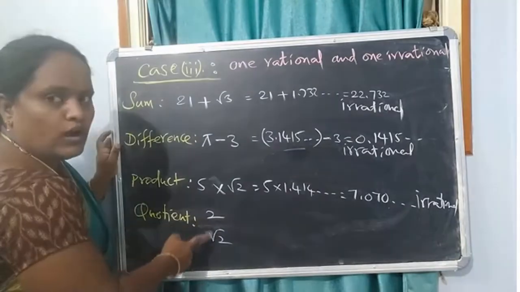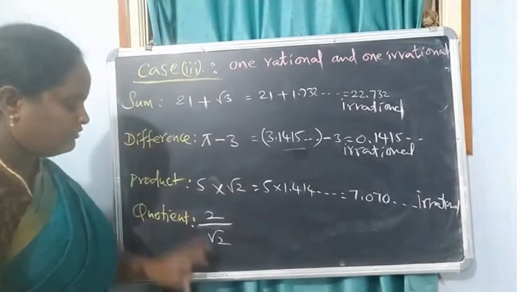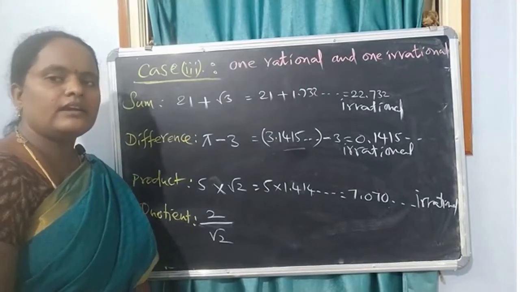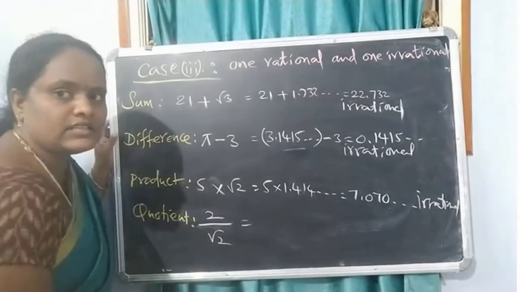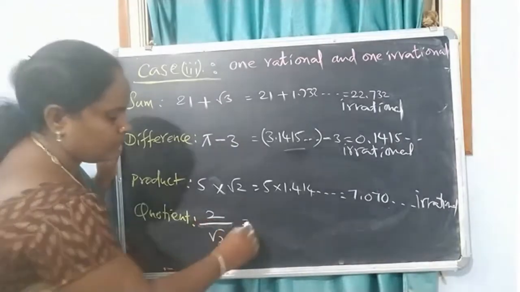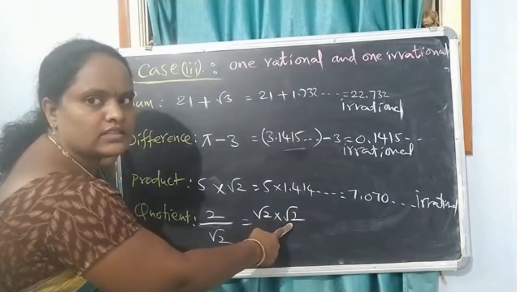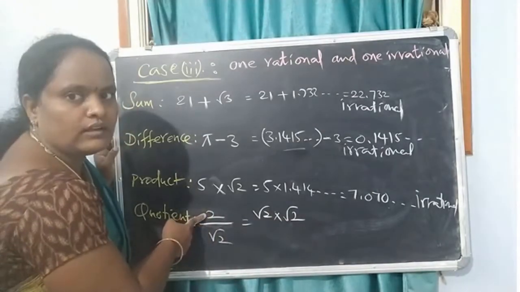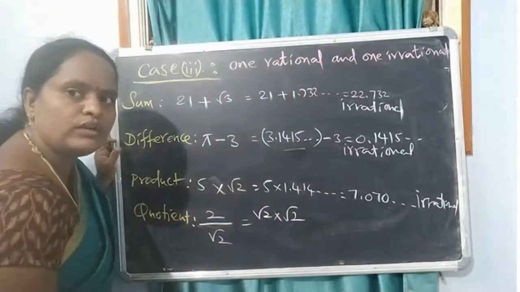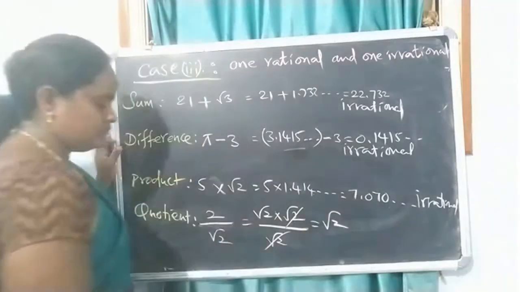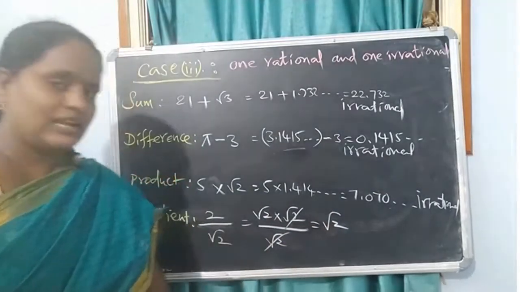So 2 and root 2 I have taken. Let me divide. If I write root 2 value as 1.414 and so on, we can divide with a non-terminating, non-repeating decimal. Let us solve it in an easy way. 2 is there. What happens if I take root 2 into root 2, that is root 2 whole squared, square and square root can cancel, 2 only. So I am writing 2 as root 2 into root 2 divided by root 2. Root 2 cancels now. What is left out? Root 2. 2 by root 2 is root 2. Is it rational or irrational?